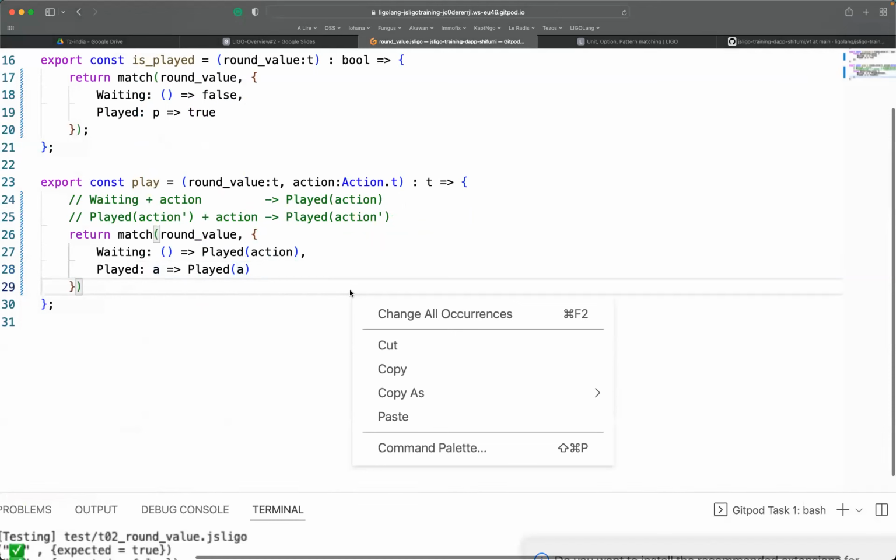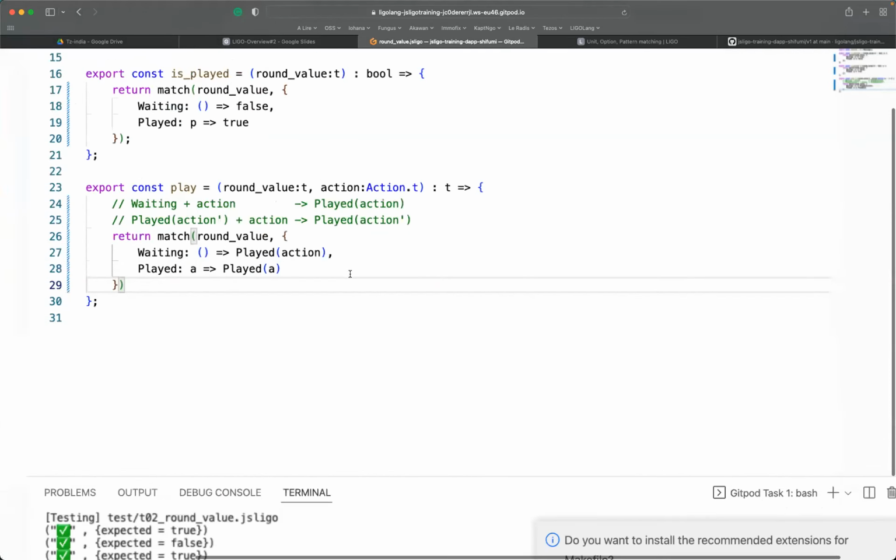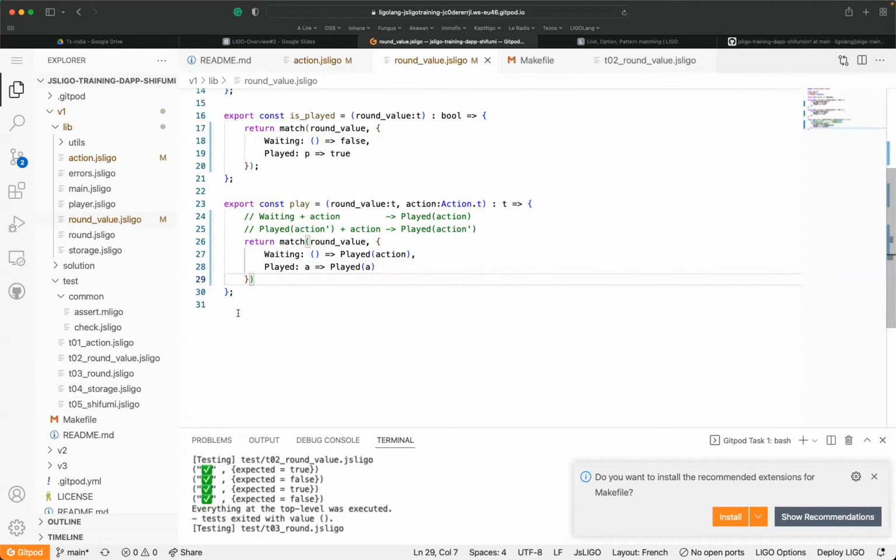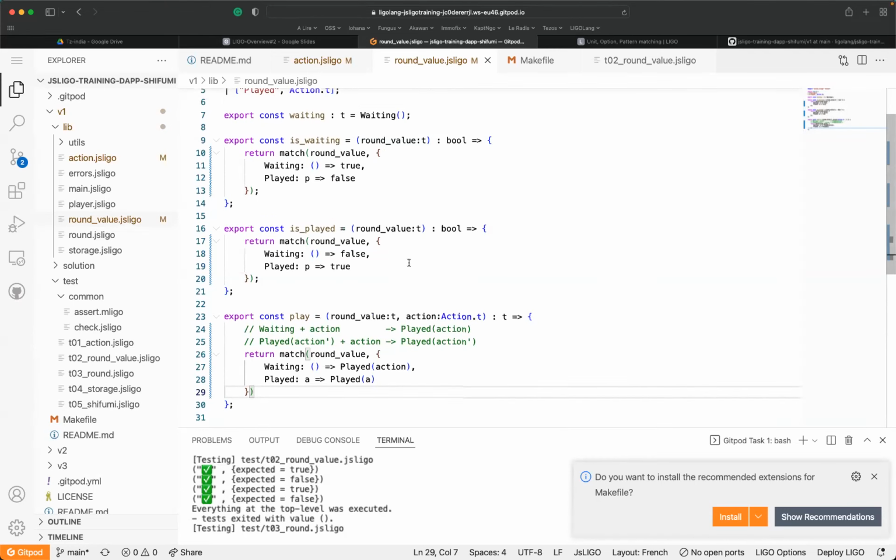If you remember, we designed an action which is able to give us a predicate to test once we play stone, paper, and scissors. Here we play a run value which reflects the state of a given player. If a player is waiting, if we are waiting for the player to play, or if the player has already played. Okay, so this is the status of the player.